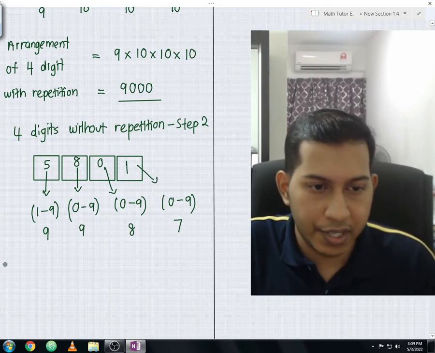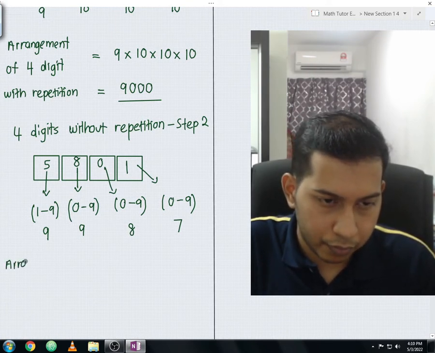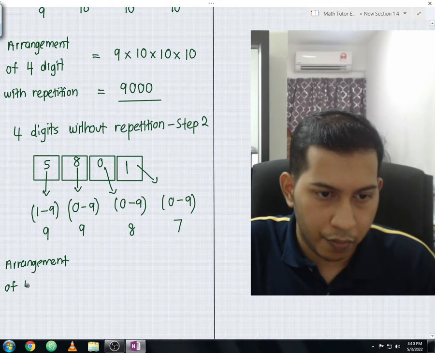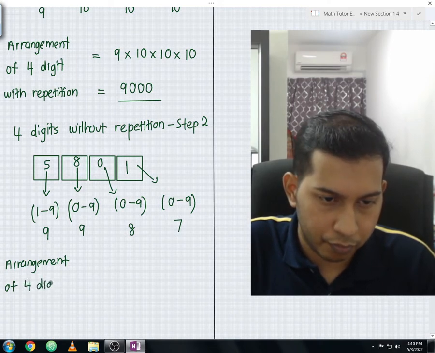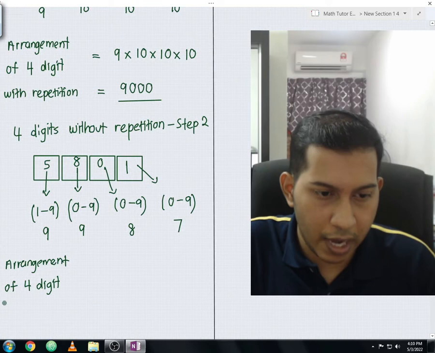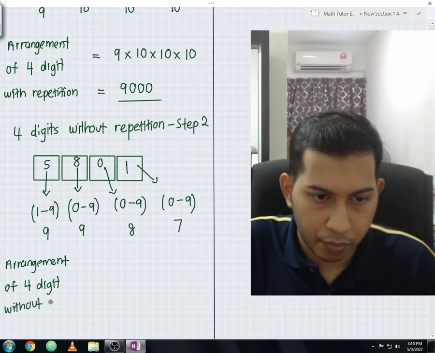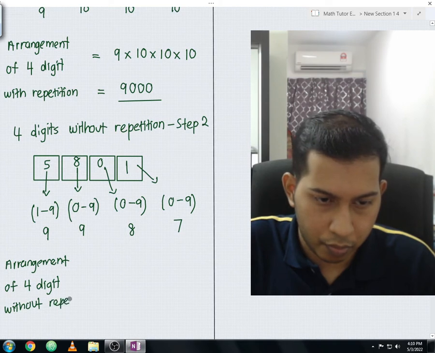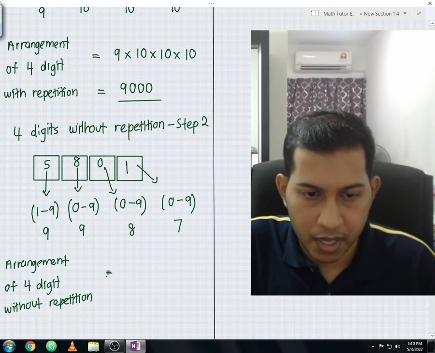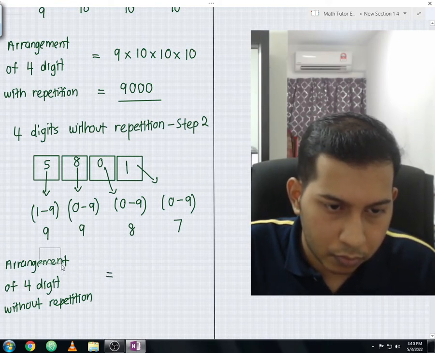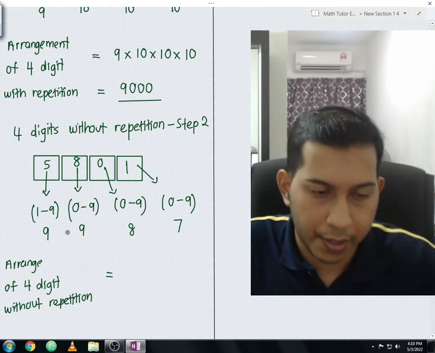To find the arrangement of 4 digit without repetition will be equals to